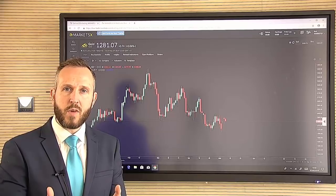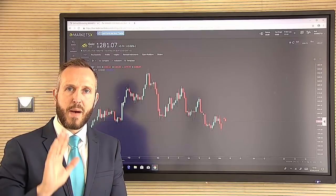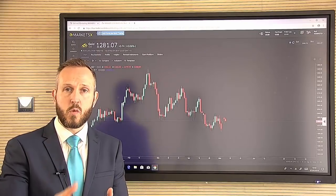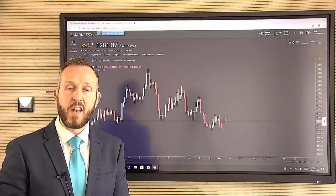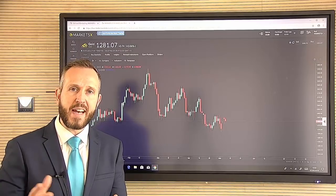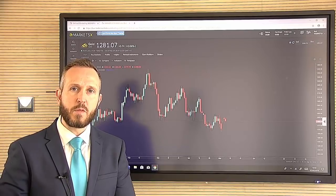So when they do get retracements back to support, I would look to capitalize on that range, buy at support, and then take the price back towards the resistance zones, then take profit at resistance and look potentially to sell short on gold, taking it back towards the 1270 zone again, or also look at dollar strength to take advantage of those breakouts to the upside, which usually tend to occur around Wednesday through to Thursdays,